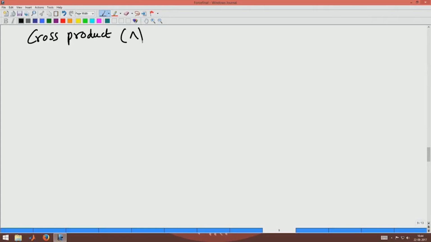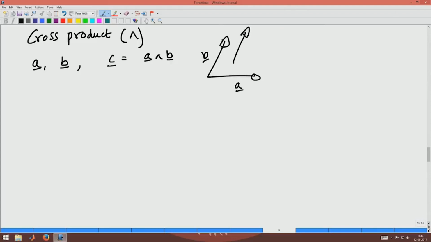We will denote this by this symbol in this course. If I have two vectors A, B, and C is defined as A cross B, then C would be perpendicular to the plane containing A and B. This is A, B; C is a vector which is perpendicular to this plane. The magnitude of C would be nothing but the area of the parallelogram